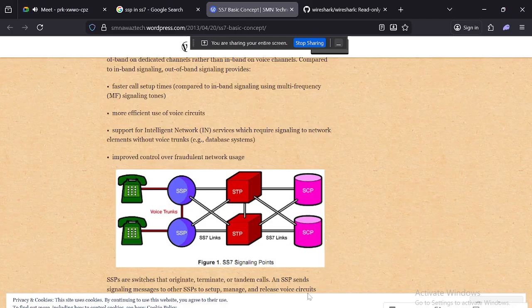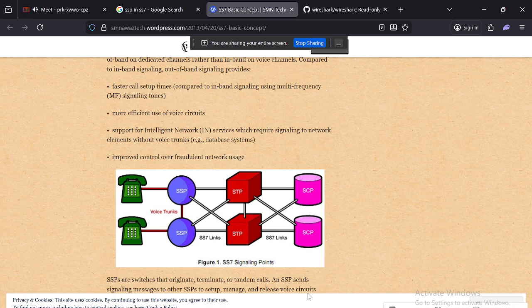A class 5 switch is a local telephone exchange in the public switched telephone network, the PSTN, that provides service directly to an end-user subscriber, and it uses signaling system primarily as an out-of-band signaling protocol to control the calls and interconnect with the rest of the network. It provides a dial tone. If you have your phone and dial a phone number, it will confirm the ring and you can hear the local subscribers, with clarity of the voice.